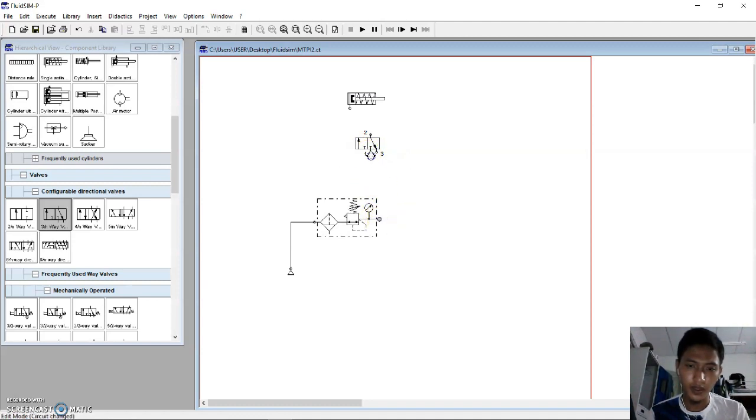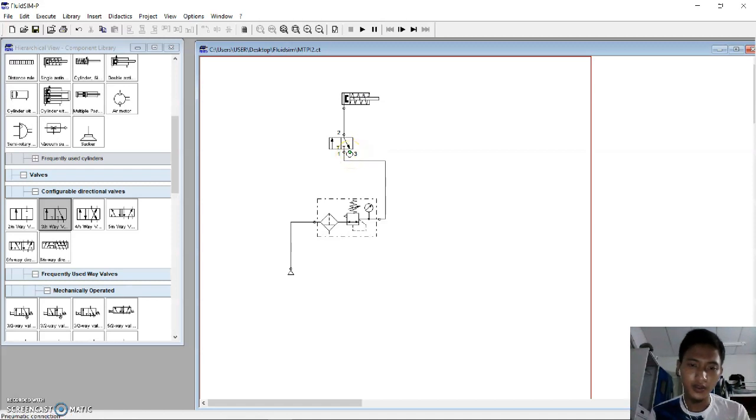We connect with number 1. If you look like this, you must adjust the wire. So you can see the wire is far from the number 3. So for the upper, at the number 2, we connect with single action cylinder.